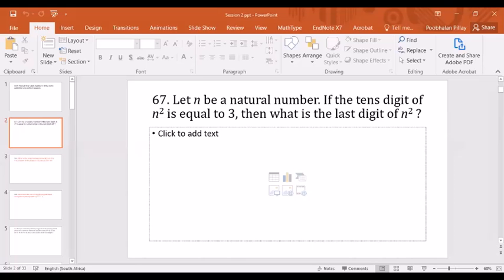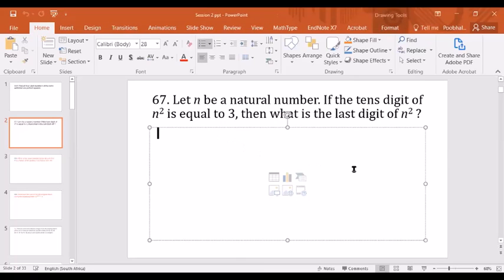Okay, so the very first question that we are going to be looking at is this question here. Let n be a natural number. A natural number is a counting number. And the question is,